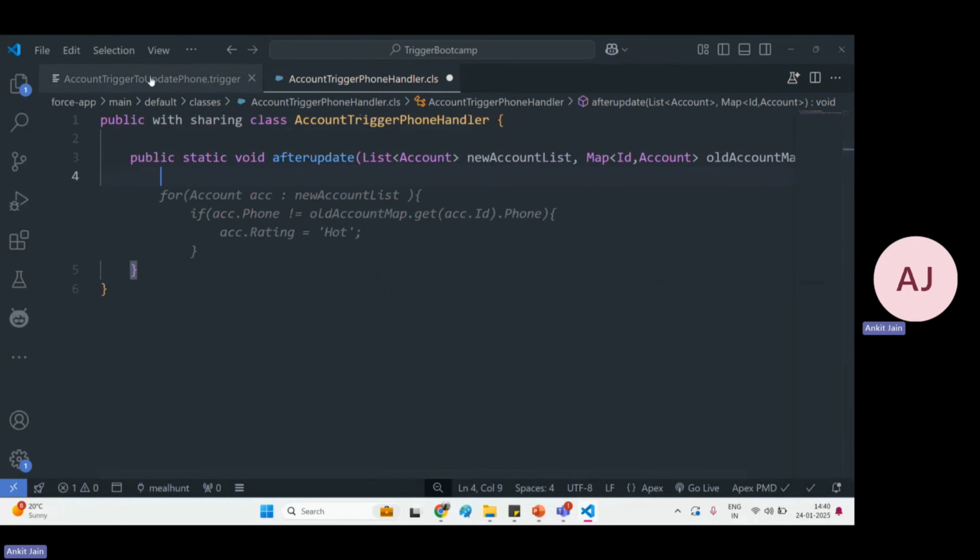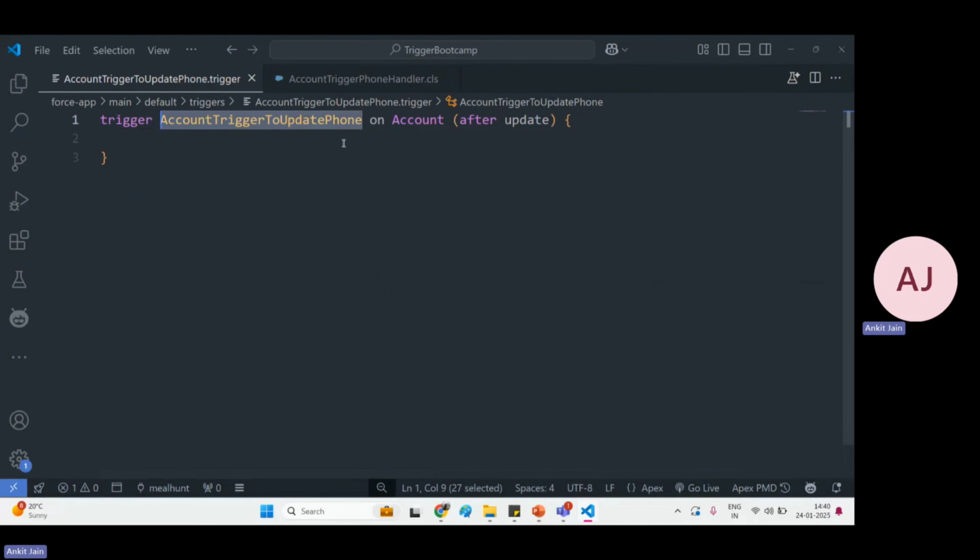Right, and what is the job of my trigger now? The job of my trigger here is to make sure that I am checking the context variables properly. Don't directly go and invoke it. Although here you only have one event, you can definitely invoke it, but your code should always be scalable in the future as well. And how can you make it done? By using the proper context variable. So here I can put if Trigger.isAfter,